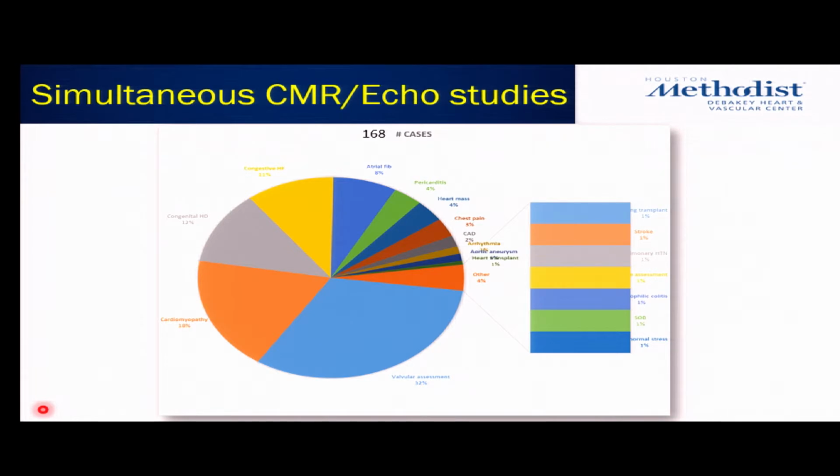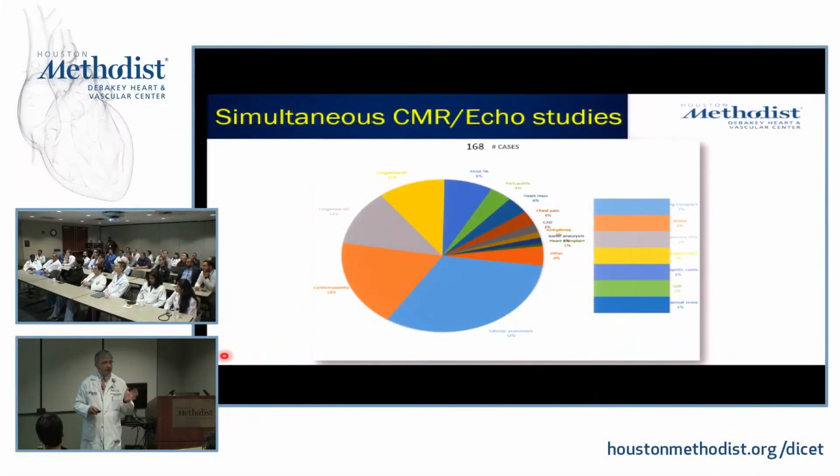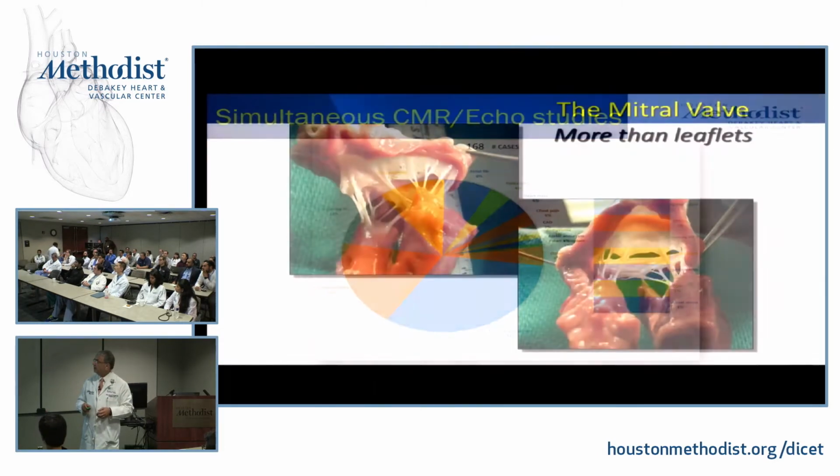The variability in our quantitation and our evaluation is so tremendous, even within this room. If I give you a couple of cases, you'll see. Just imagine once you're out of here, it becomes a major issue. So this is an incredible database; so far we have 160 cases. Not all of them are valve, but about 50 plus. The majority, in blue, are valve cases, so that's what we're going to target within the next few years. And I know Shamsi Pasha and Dr. El-Tallawi are working on this.